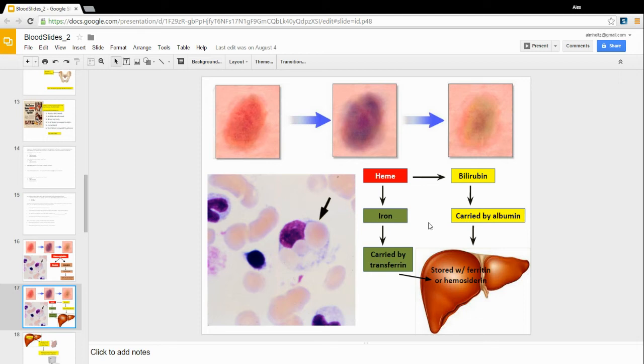The rest of the heme needs to be gotten rid of. When we take the iron off, we turn the rest of the heme into a compound called bilirubin. Bilirubin has a really yellowish color. It's what accounts for the yellowness of a bruise. And bilirubin is going to be carried to the liver as well by good old albumin. And then in the liver,